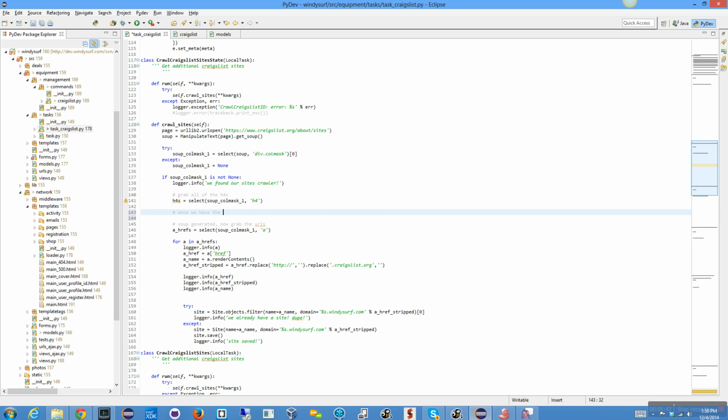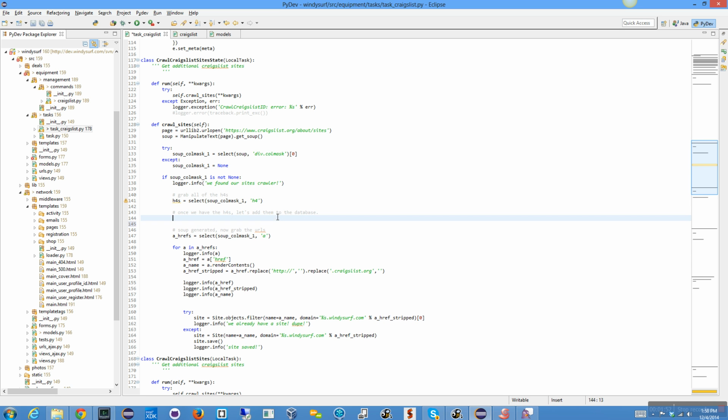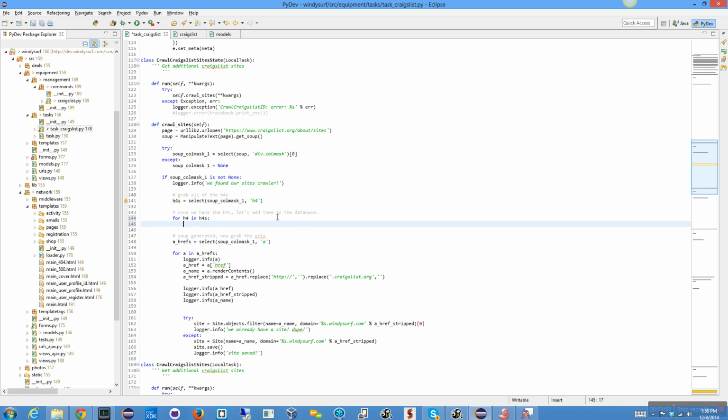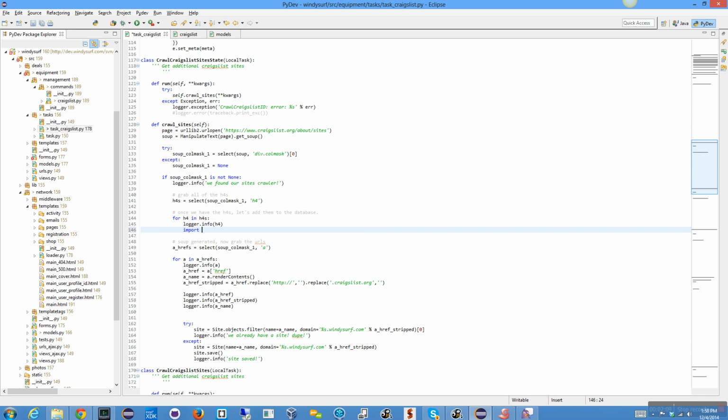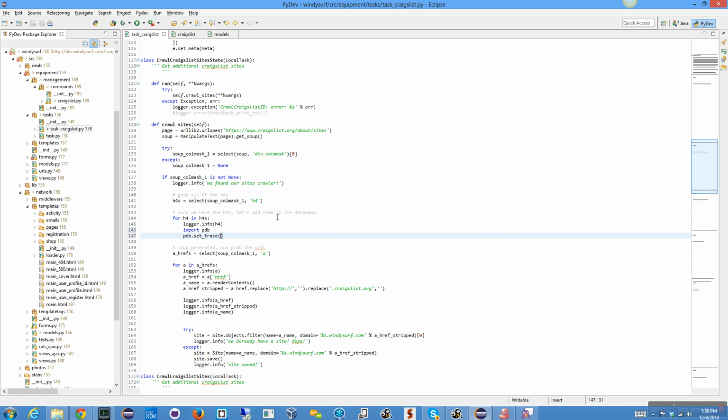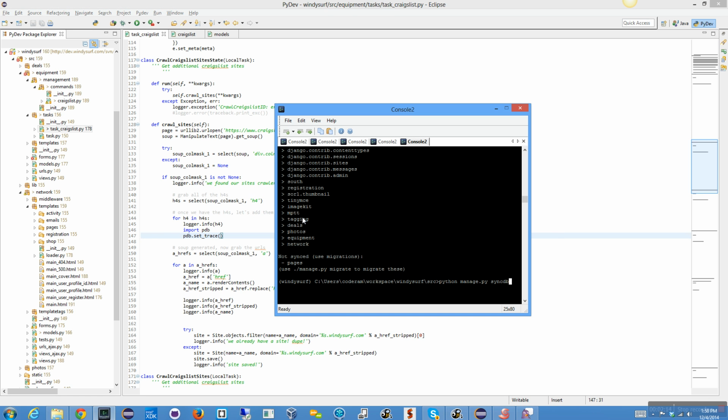Once we have the H4s, let's add them to the database, okay? But as we do it, let's do it one thing at a time. So let's say for H4 in H4s, logger.info H4. Okay, this is the first one. And right now I'm going to do an import pdb.set_trace so that when I run this again,